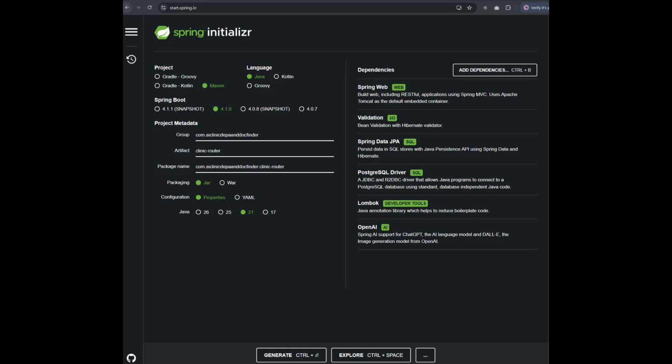Here you can see the project configuration in Spring Initializr. For this project, I'm using Maven as the build tool, Java version 21. I'm also using the standard package structure and the application properties configuration file instead of YAML, simply because that's my personal preference. For the dependencies, I selected Spring Web to build the REST API, Spring Data JPA for database access,